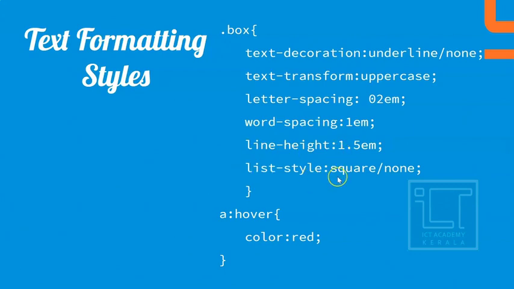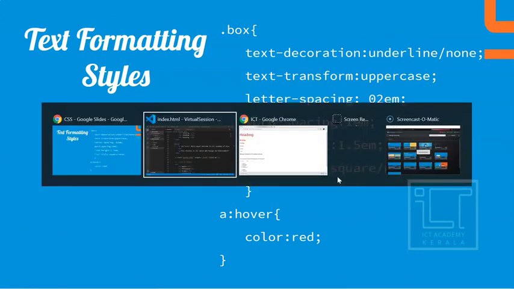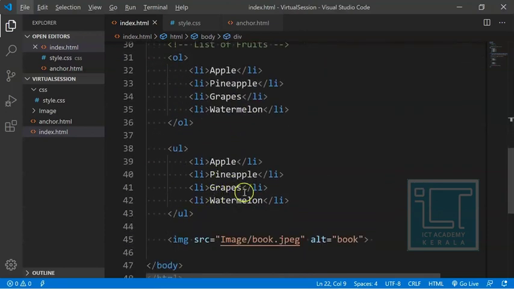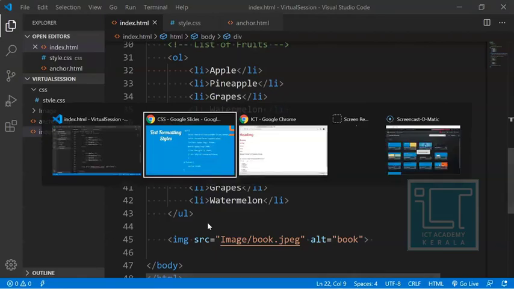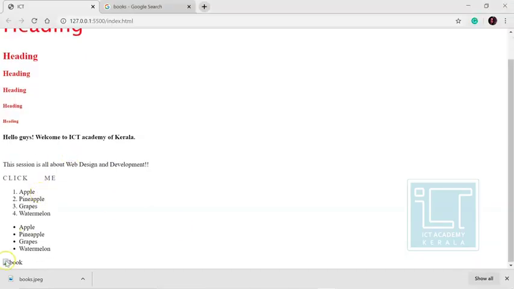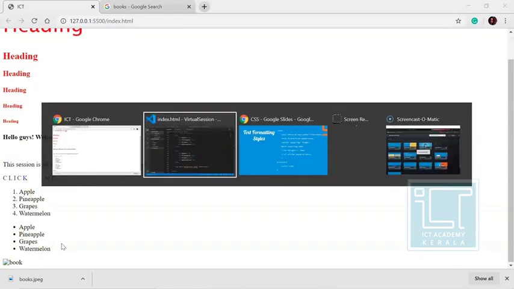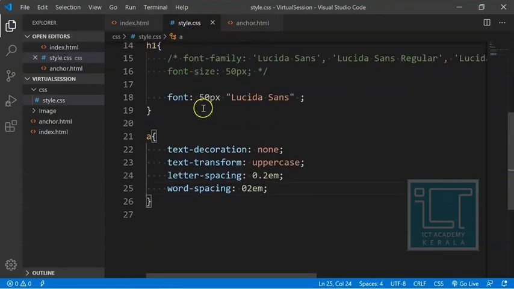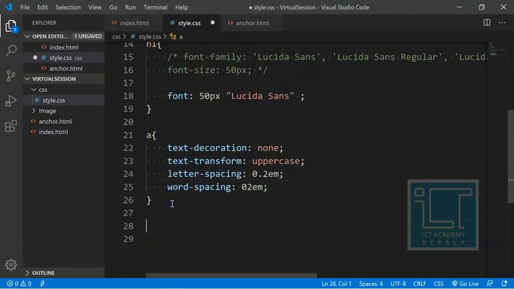Line height, list style is there. List style means we have provided bullet points, right? UL bullet points are there. If I want the list style to be of a square type, since bullet points are usually round, I can do it just by calling it. I can even provide it in inline CSS, but right now I am not encouraging it. Only for critical situations we will be using inline CSS.